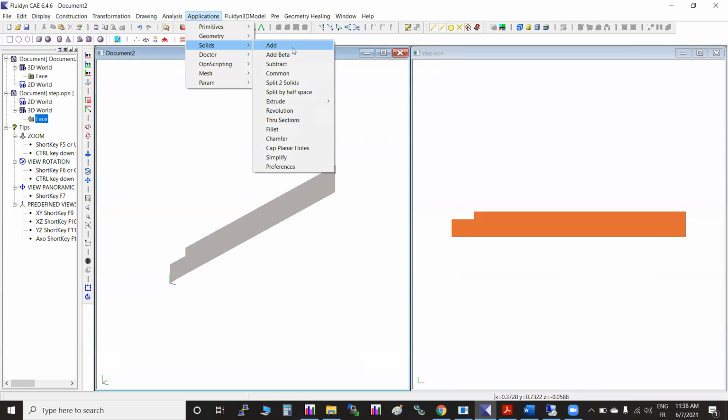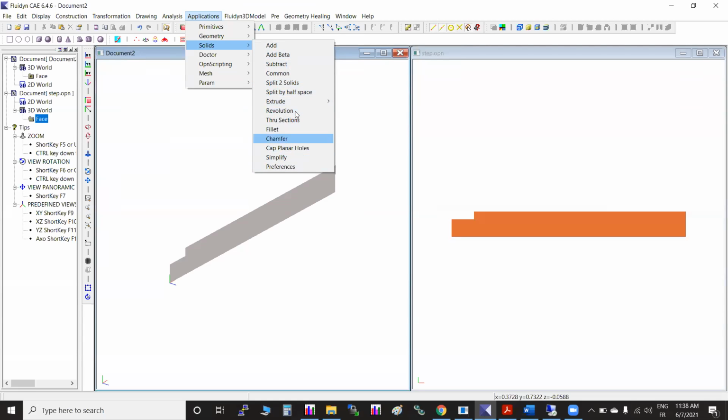The particular operation required to generate 3D from 2D is called extrude. Extrude edge, or extrude along a wire. So these two options are there. Whenever you have to model the 3D from 2D, you just go to these options.